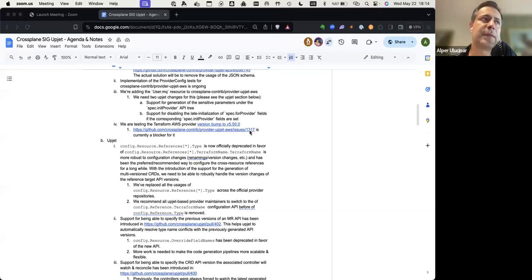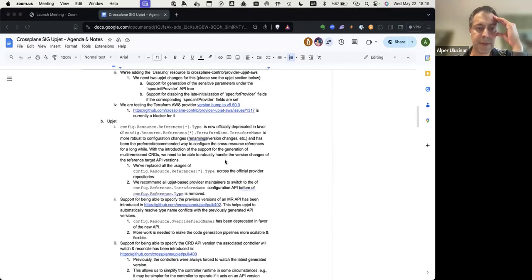In one of the previous PRs, we had to bump the AWS SDK Go version. And this resulted in the cluster out resource being broken in certain provider configurations. We need to resolve this issue. Previously we resolved this issue with a workaround, by pinning the dependency version. We need to solve this issue and implement the resource using the new versions of the SDK to unblock the underlying provider version bump. So that's also an issue that we recently opened.